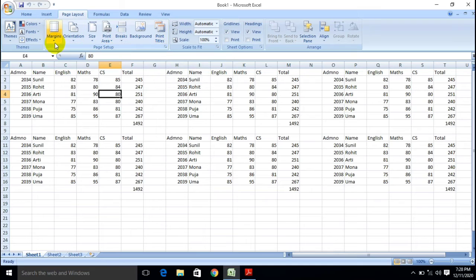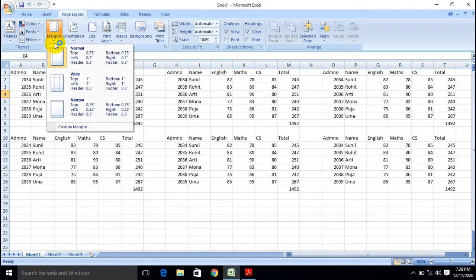So first of all, go to the margins. Just click on margins. Here are different margin sizes exactly. In the particular sheet where you want to set this up, generally you want to take the normal size, in which the top, bottom, left, header, right, all these ratios in inches are available here. Exactly which type of margin area you want on your worksheet, you can choose from here.